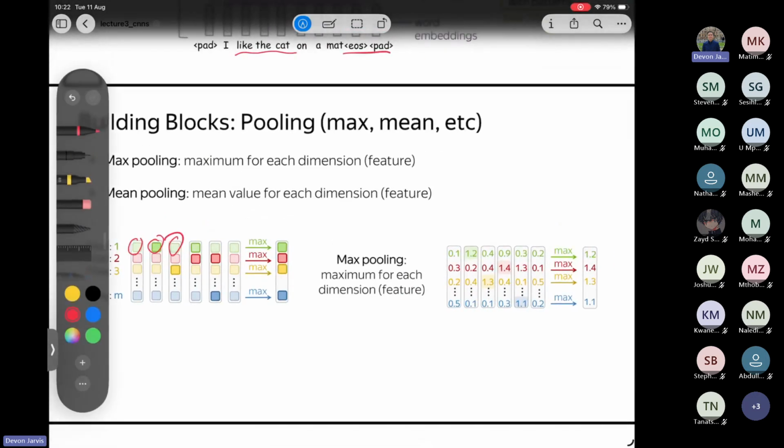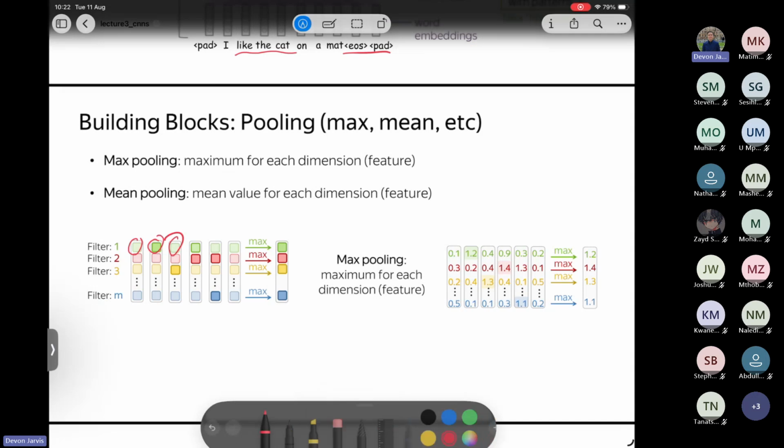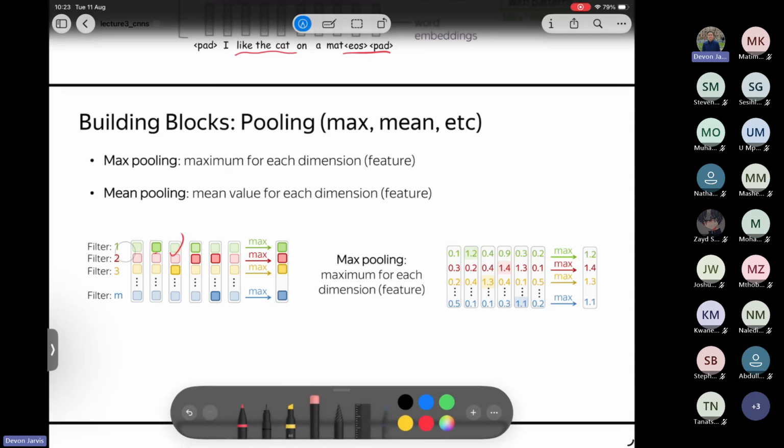All you care about is that there is one that is highly active. And so now you're going to say, I'm just going to keep the most responsive version of that. Okay? And you're going to do that for every single one of your kernels. Okay? And again, you have M of them. It's really high dimensional and so on. So for example,